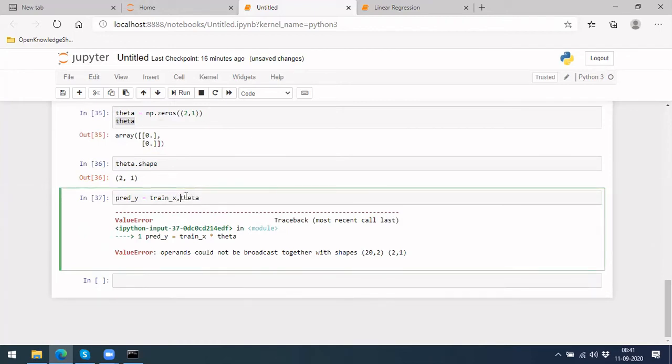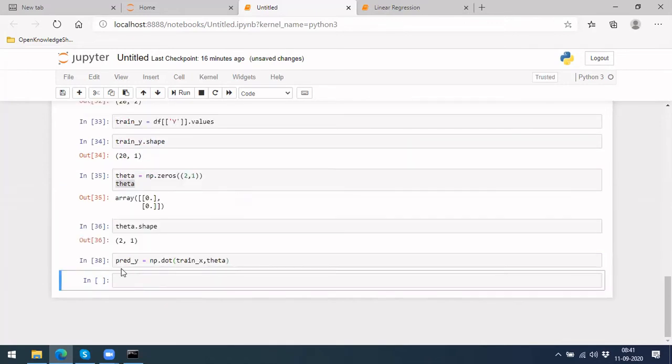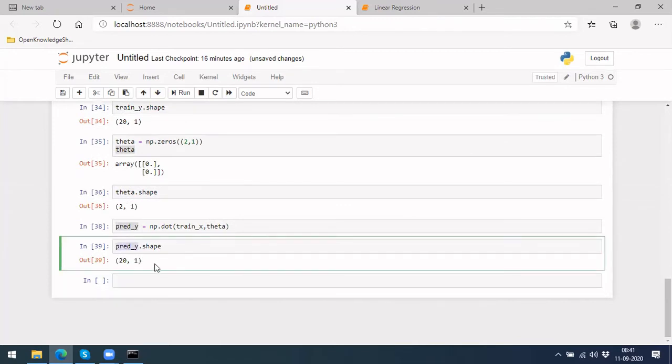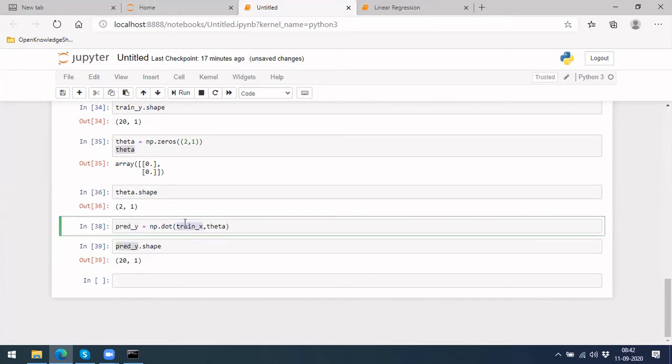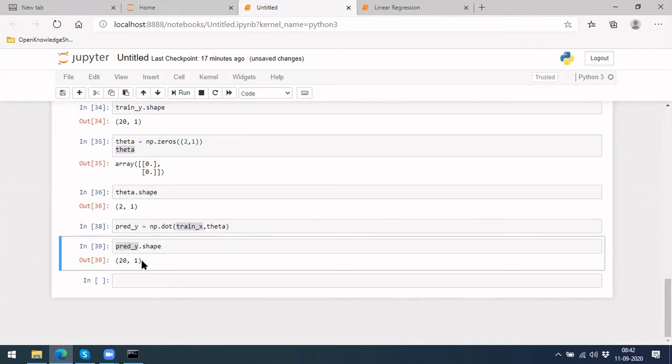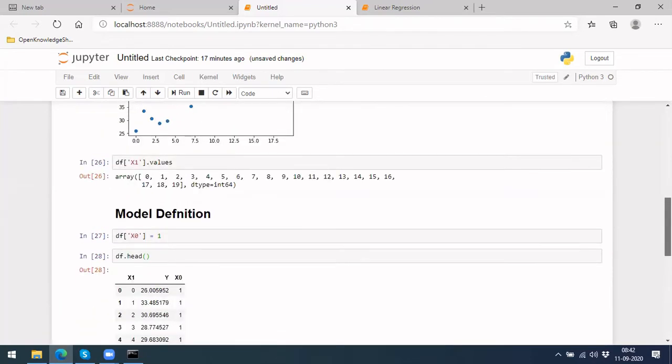So for that we can do dot dot. We have to represent it like this, then it will work. If you see, your final y will be after multiplication of 20 into 2 columns, as you remember earlier, and next is 2 into 1, then your final value would be of shape 20 into 1. Okay, so now we have defined the model, our first step is done.